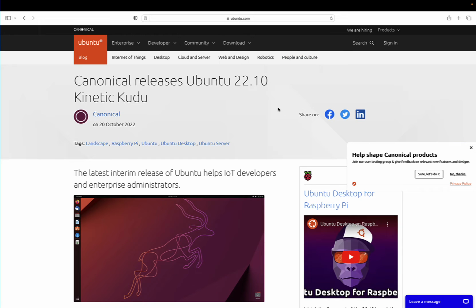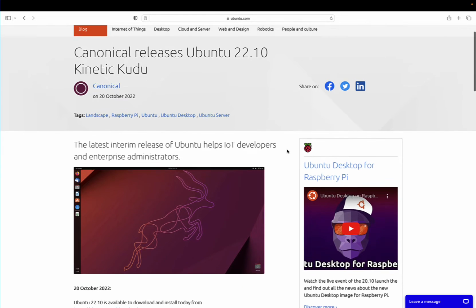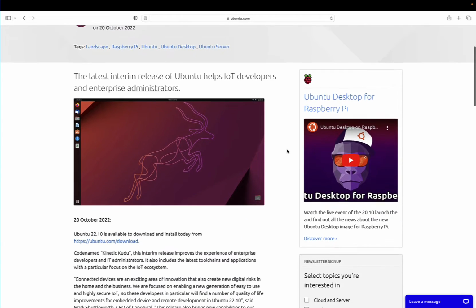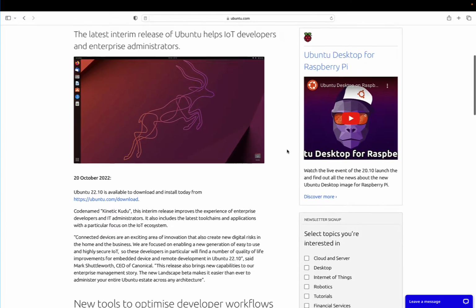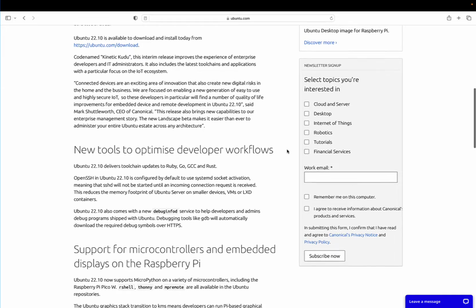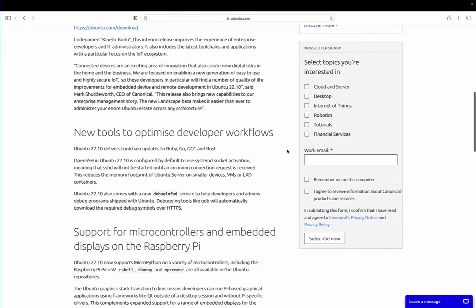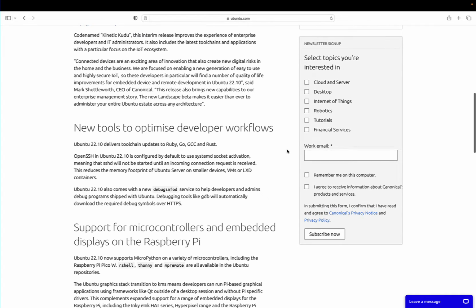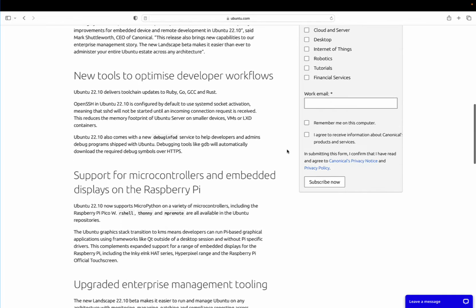How to run Linux on an Apple Mac. Specifically, let's take a look at the latest release of Ubuntu Linux 22.10 Kinetic Kudu, released October 2022. This is the latest interim release, so this type of release is guaranteed for 9 months, so till April 2023,